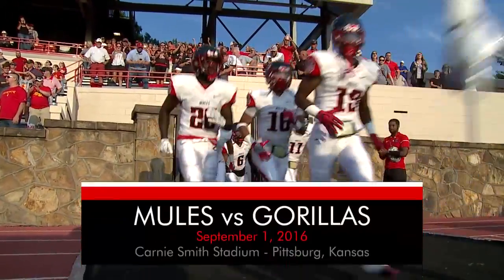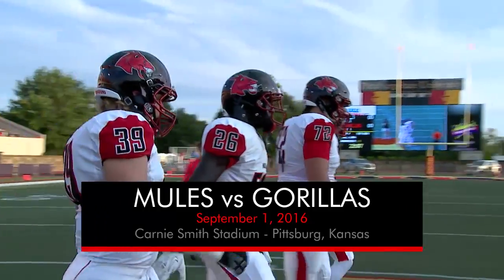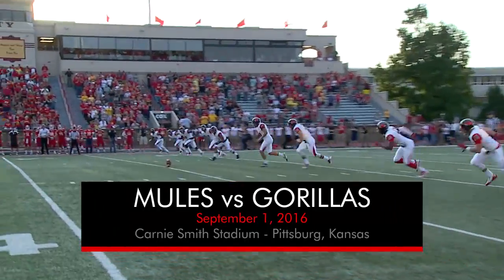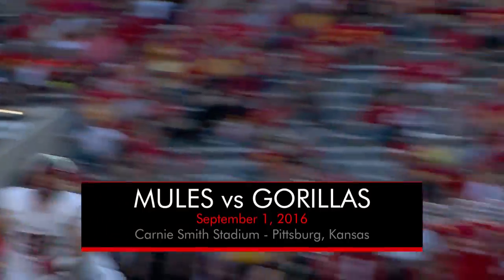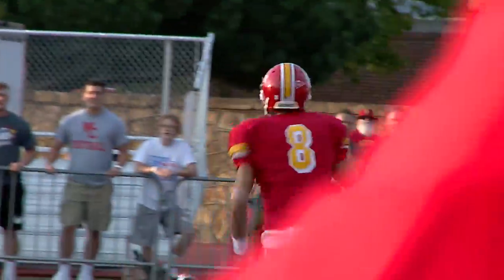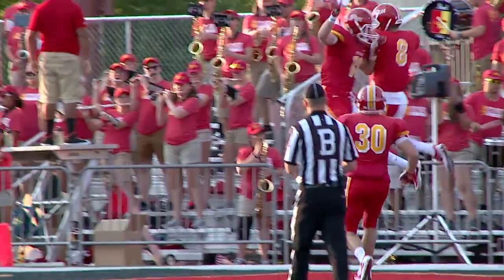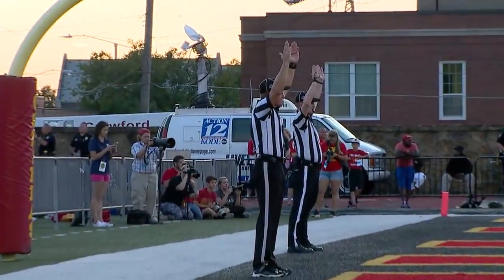So it may have been quite a while since UCM and Pitt State met in Game 1, but pretty much every season we see a good game between the Mules and Gorillas. This matchup is no different. Pitt State strikes first only about 45 seconds into the game when John Roderick hits Levi Copeland with a 66-yard scoring pass. Gorillas take an early 7-0 lead and tack on a field goal before the first quarter is over, taking a 10-0 lead into the second quarter,